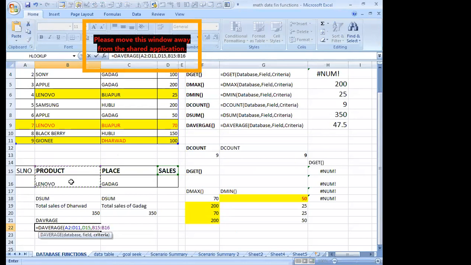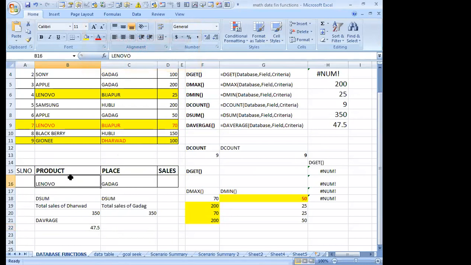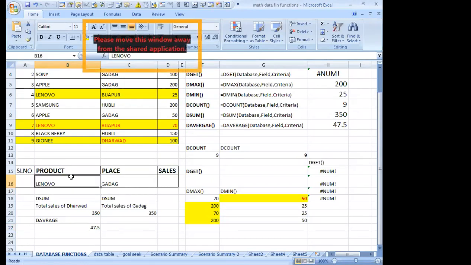That I'll take now. Based on the product I'll do it. See the answer, is it the same answer? It is displayed now because here it is for the product that I selected. If I'm changing it to Lenovo, what is the average for the Lenovo product? So that has to be performed now.